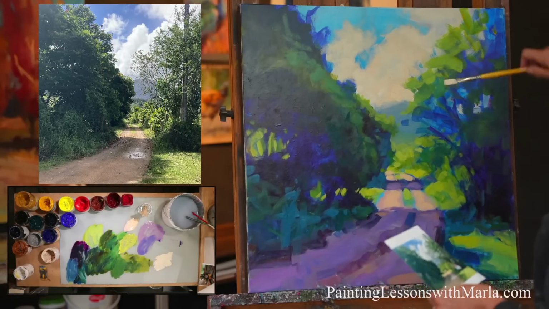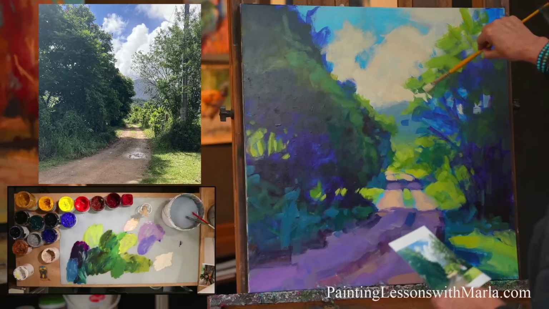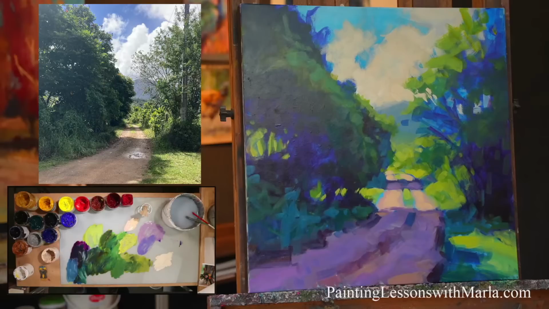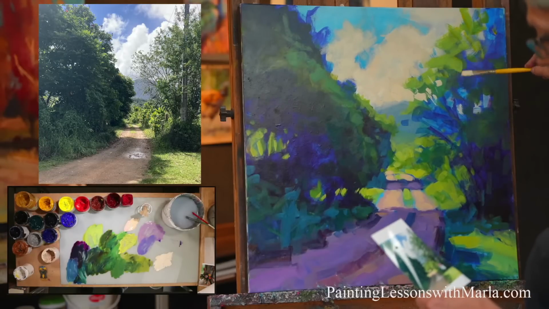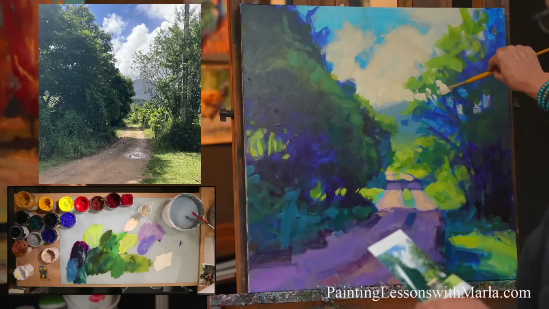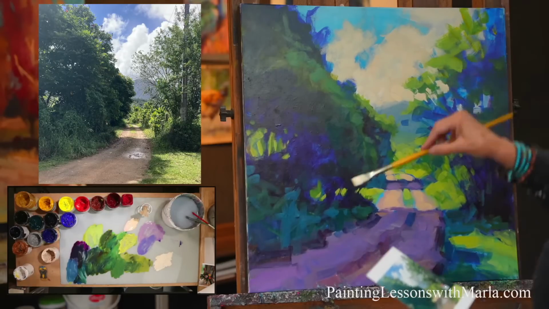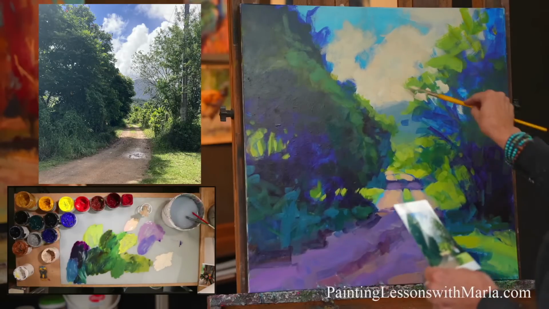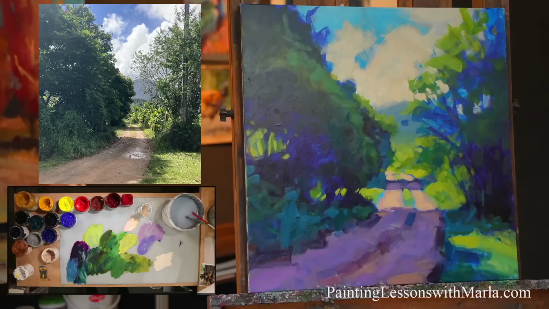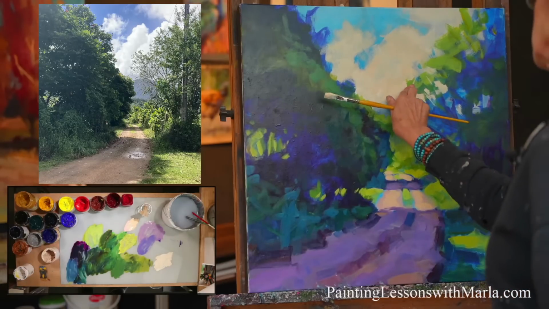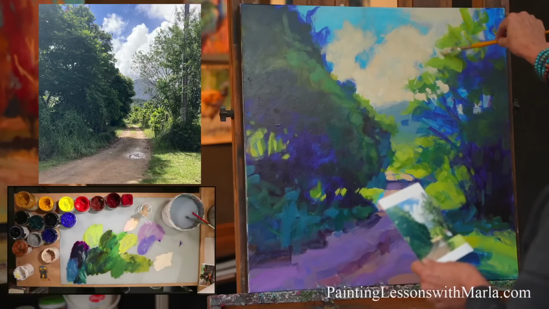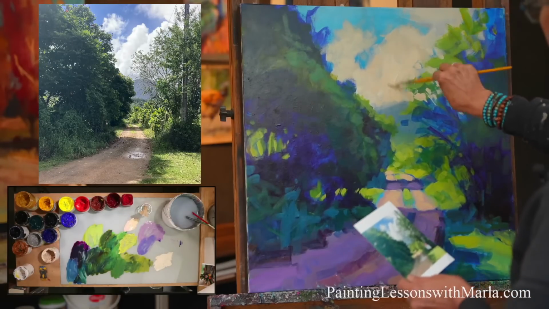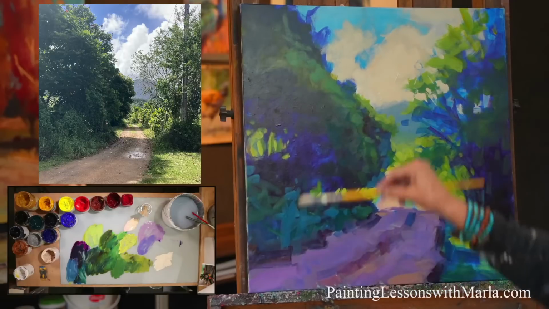Now I know I want to come in, cut into this, and open that up a little bit, but not too much, not as much as the photo might suggest. But some. Get in here and